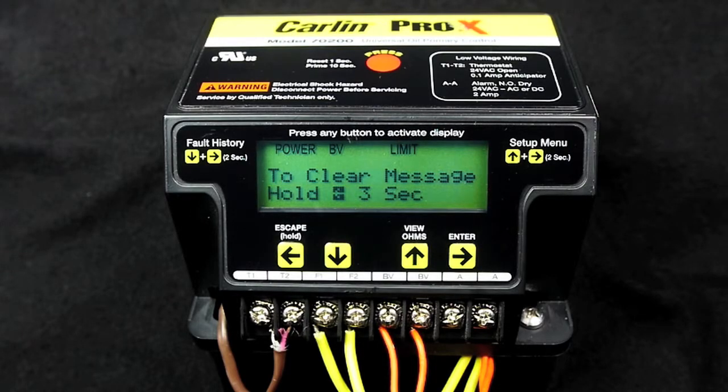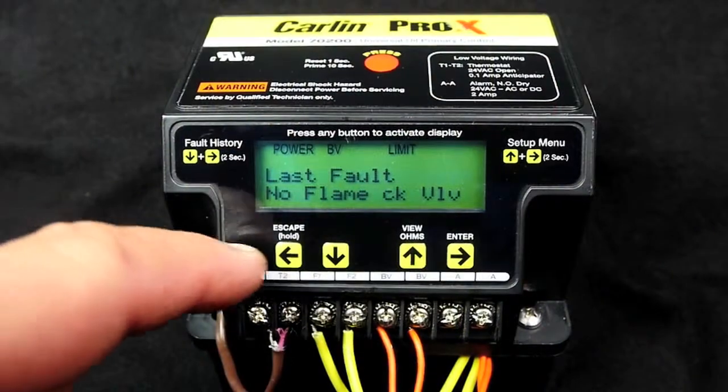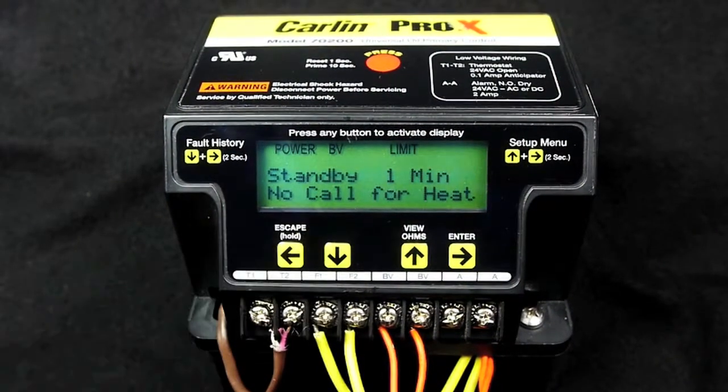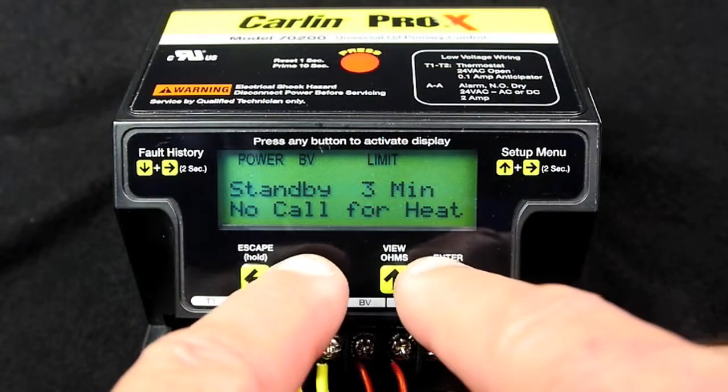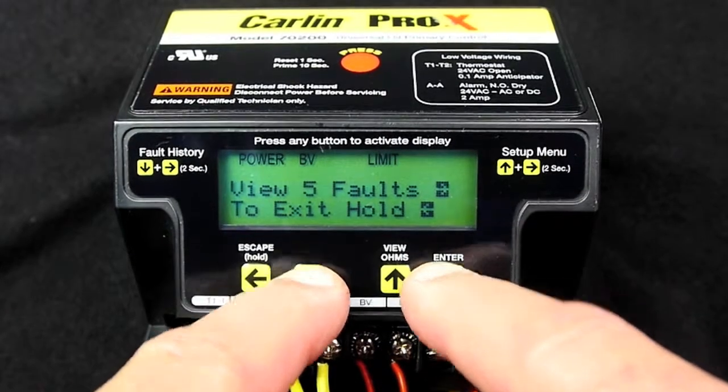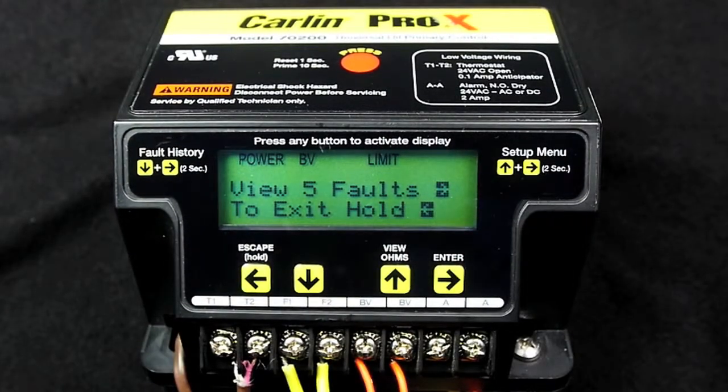The last fault message must be cleared before accessing the fault history or setup menus. Pressing and holding the left arrow button for 3 seconds will clear the message. To view the fault history, press the right and down arrow keys together for 2 seconds. The screen you now see indicates the total number of faults recorded. It also gives instructions to move on to fault history by pressing the right arrow button,